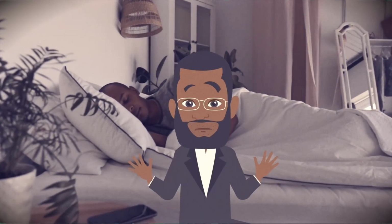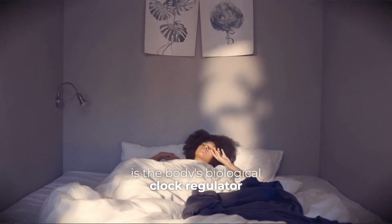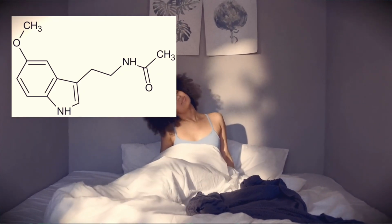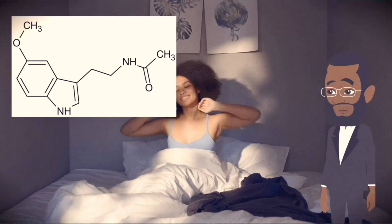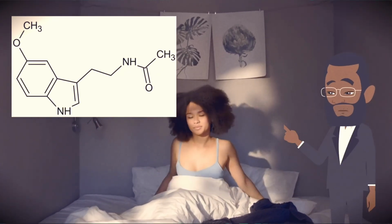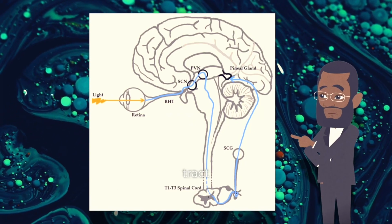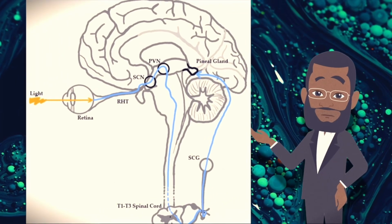Here's an expanded look. The pineal gland is the body's biological clock regulator. Melatonin, a hormone it produces, synchronizes our body's internal clocks with external light-dark cycles. This function influences sleep onset, duration, and quality. The gland responds to light signals received via the retinohypothalamic tract, and light inhibits melatonin production, while darkness stimulates it,